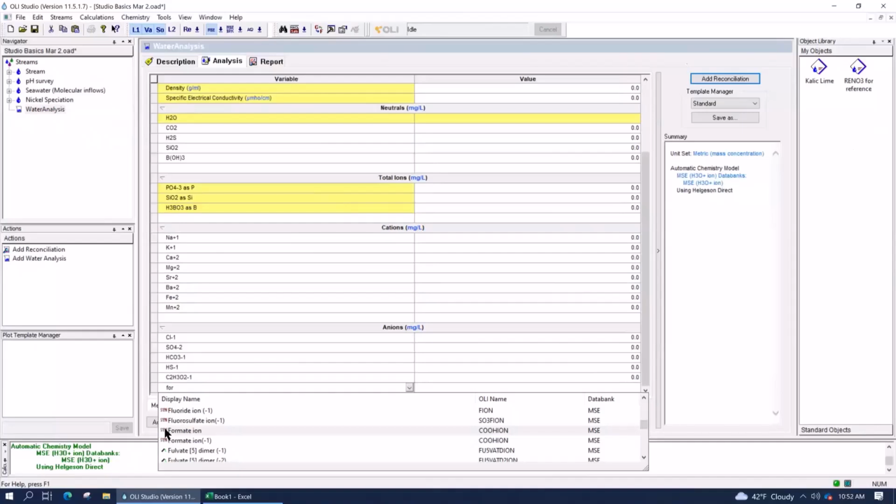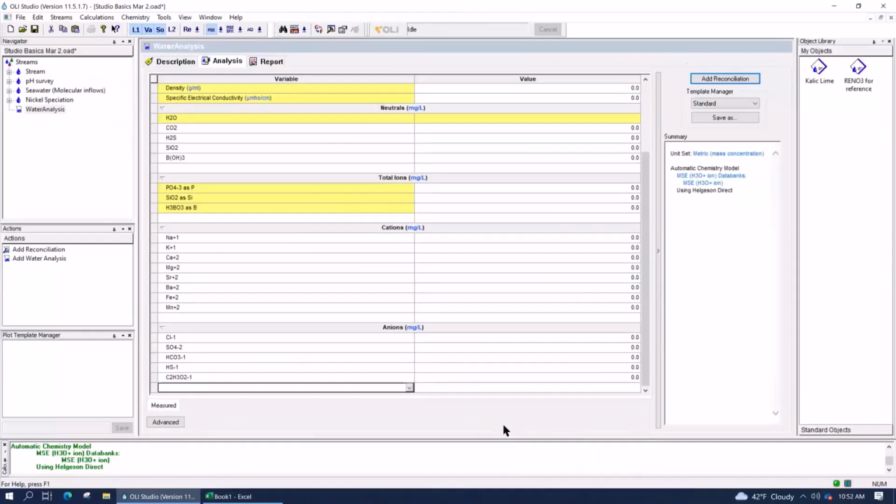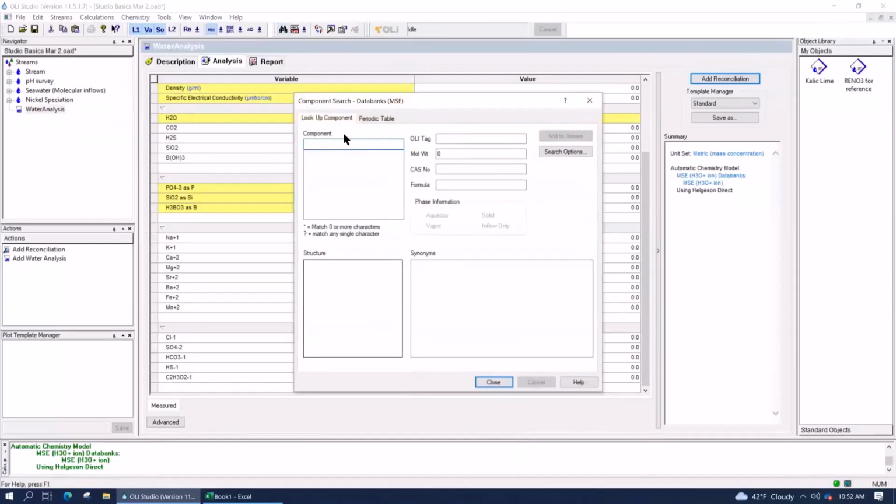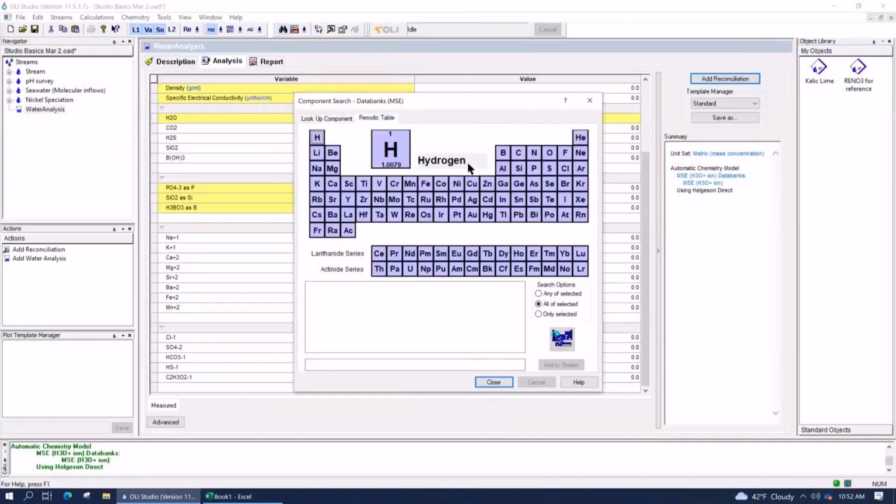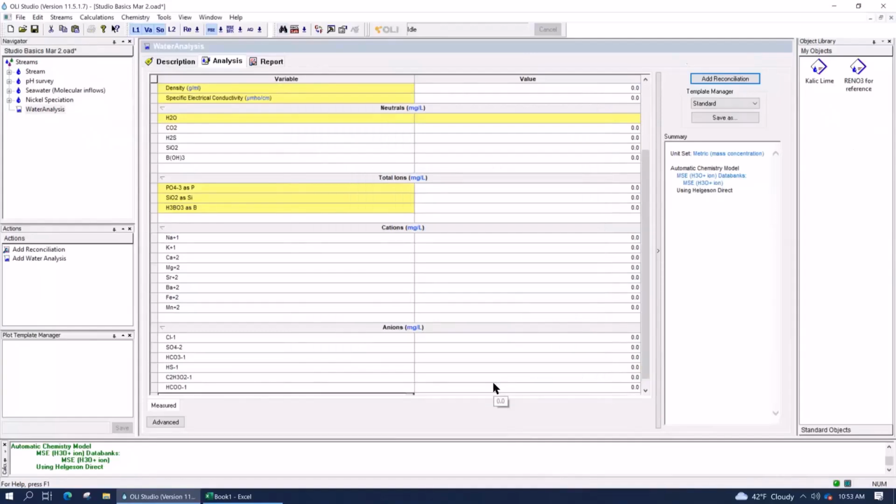So usually you don't have a problem typing stuff in, but sometimes you do. And then you say, hey, J, I can't find this molecule. How do I do that? When that happens, you go into the search, the binoculars there, and you can either start typing things here, or you can go to the periodic table and start selecting what it is that you have. Then you can search for it this way. There's my formate anion, and then you just add it to the stream. So there are always ways of adding stuff. You just have to figure out what the most comfortable way is for you.